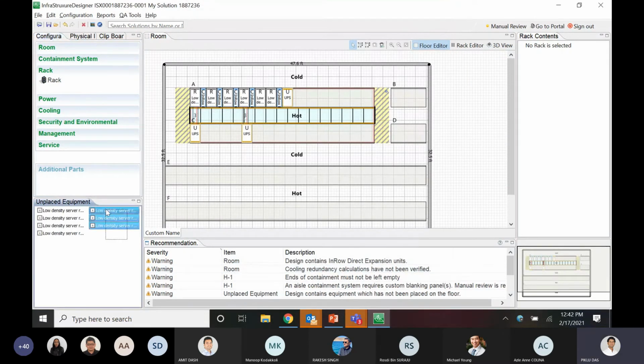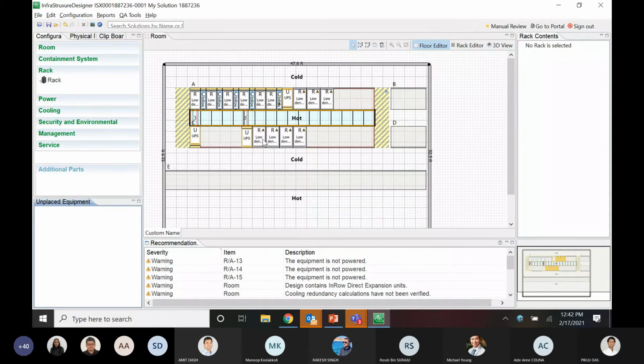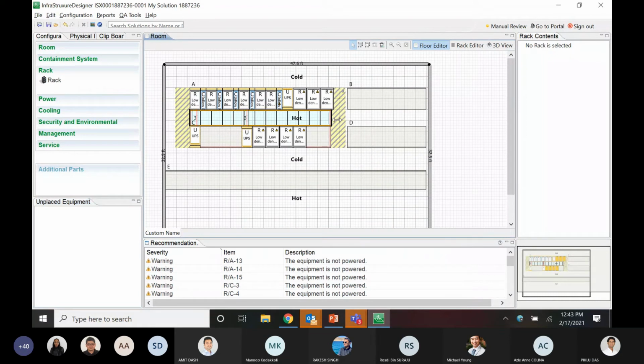So if I try to add some deep racks, you will see the width of the row will increase, and some depth adapters will be getting added to all my 42U racks, right? These depth SKUs will also get added to your BOM, and this will also optimize the cooling performance of all the racks and the cooling units that we have inside this containment system. So this is about the EcoAisle.